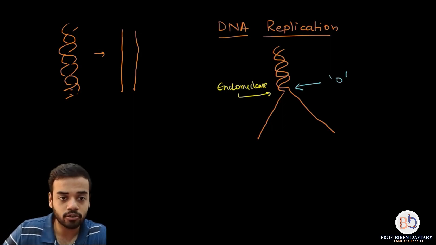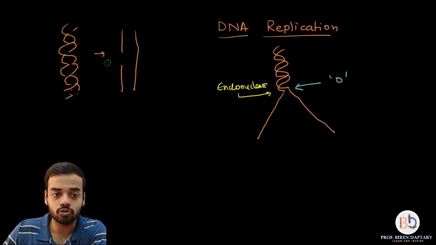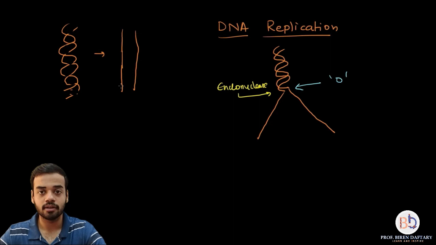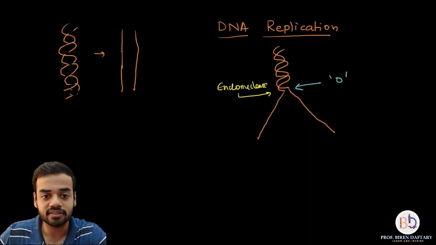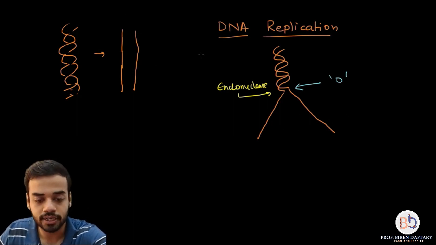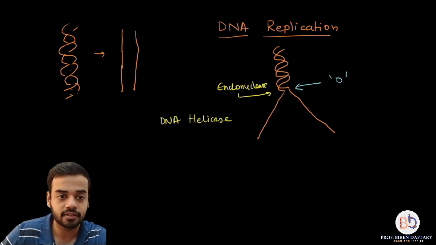So if I'm trying to show you that over here this cut is produced by endonuclease, once the enzyme DNA helicase goes inside, this cut is again repaired. I hope you are understanding. That cut is just for helicase to enter. And what helicase does is, helicase breaks the hydrogen bonds below the origin and it unwinds the two strands. So you have got this. So over here I am going to write down, this is caused by helicase. The name of the enzyme is DNA helicase. Let me rub this off.